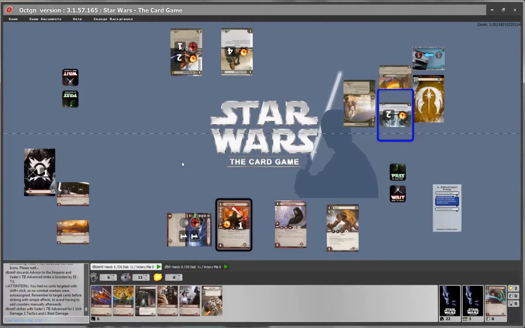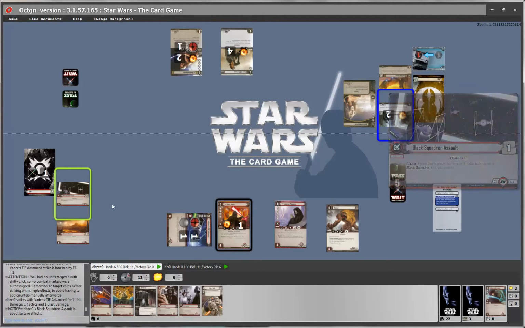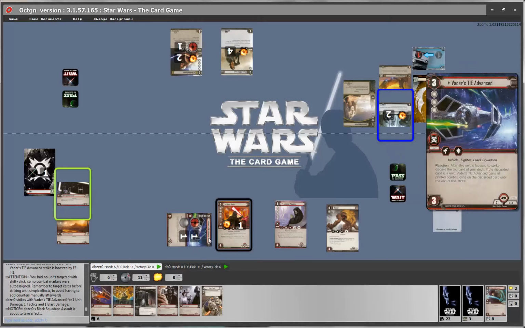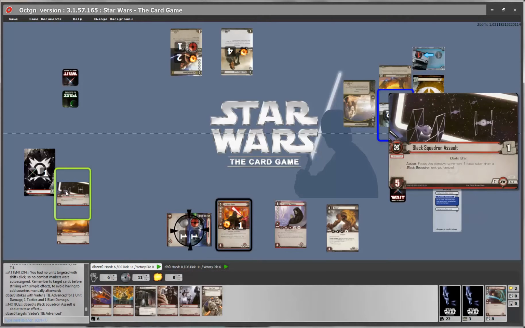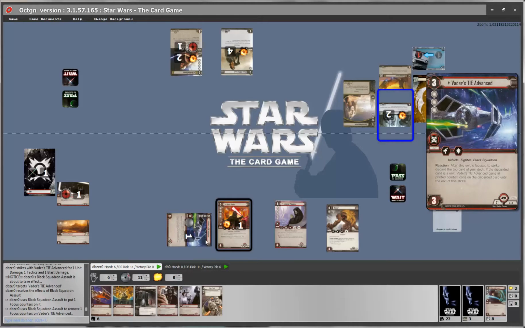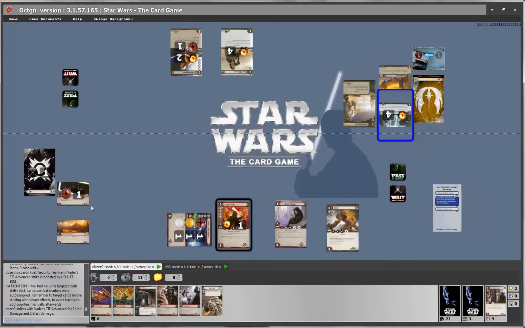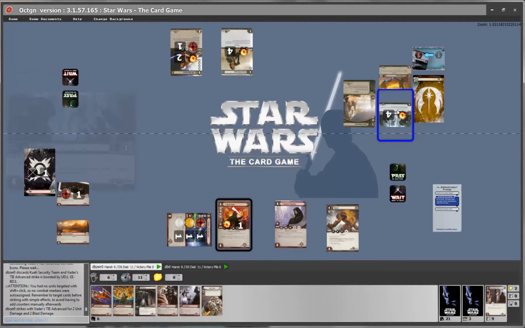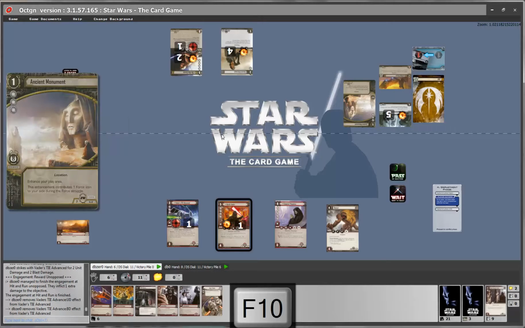If you have cards in the game that have built-in abilities that don't have a reaction window and they are simple actions, then simply double clicking on them will notify the other player that you are about to use them, at which point they can use reacts or interrupts to stop you. So let's say I want to use my Black Squadron Assault. I double click the Black Squadron, I target my Vader's Die Advanced, double click on it, and Vader's Die Advanced is ready to strike again. I strike again, use its reaction. What do you see? You get one more blast damage, one more unit damage. Finish the objective, unopposed damage, hit and run, it's ready to die.